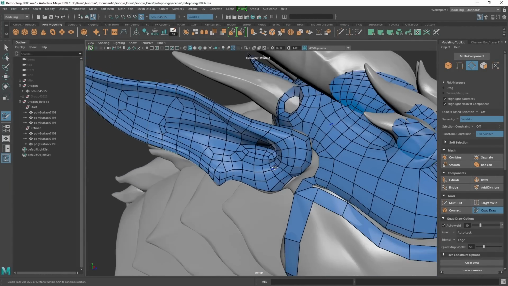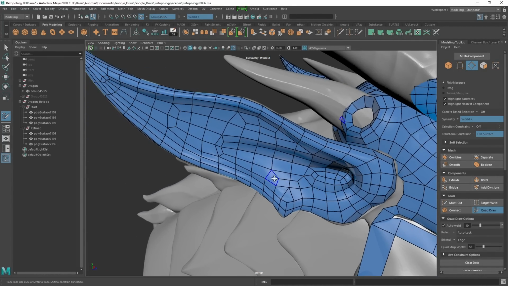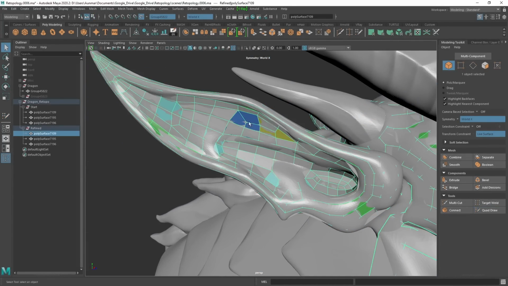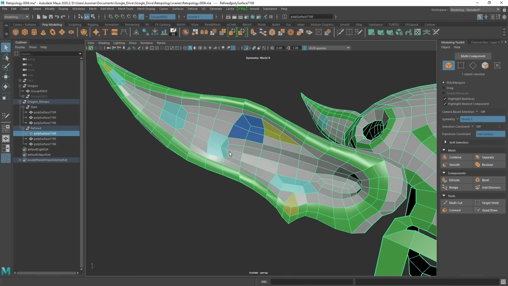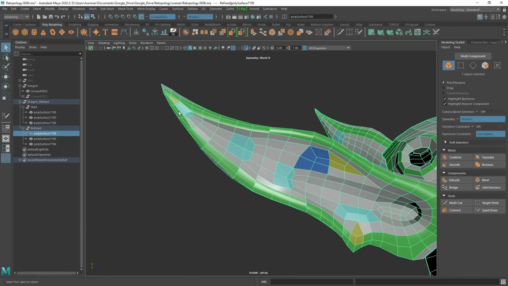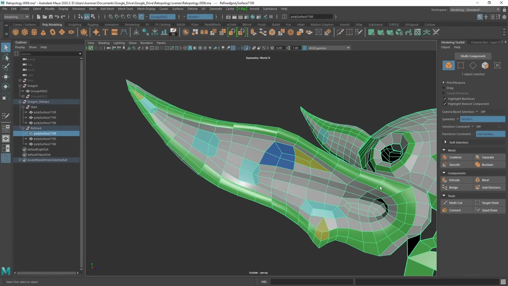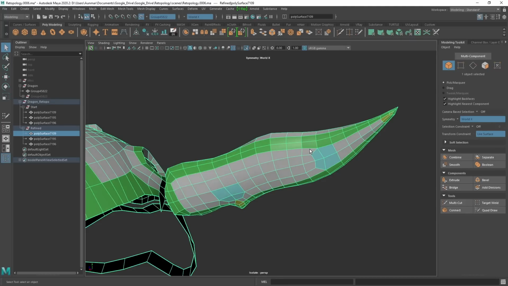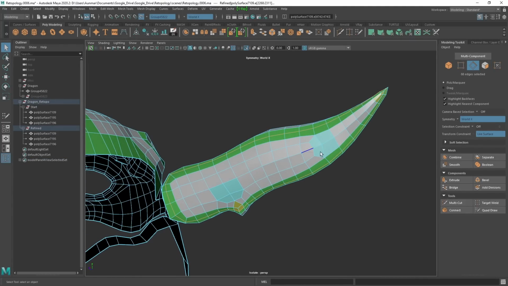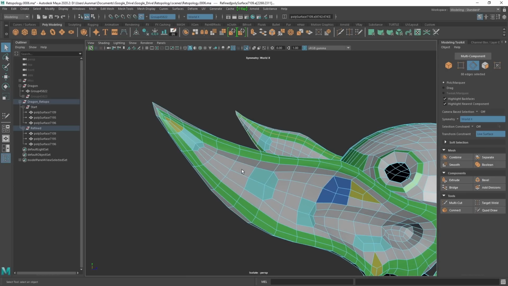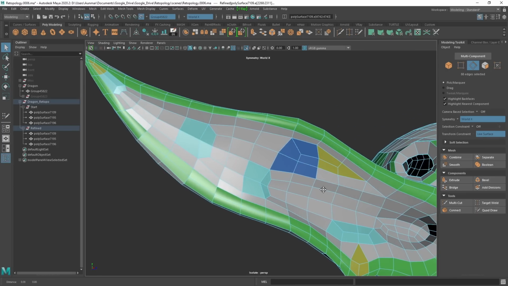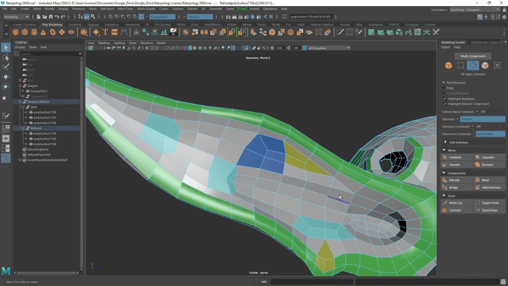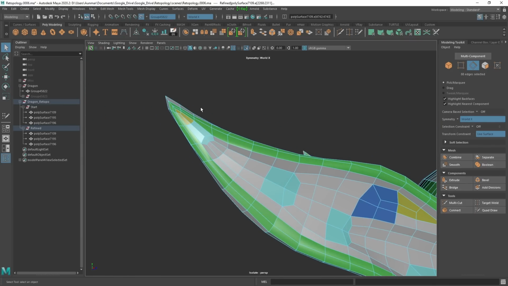Okay, so now if we take a look at this ear, I think this ear is a perfect example of this technique in this workflow, right? So if I go ahead and isolate this ear, you'll see something very organic here. I'm showing you the green edge loops, so the face loops here. These green face loops are the edge loops that I started with. And you can see that you're going from a lot of detail here. We need a lot of edge flow and topology and polygons, but it ends up here in this very fine